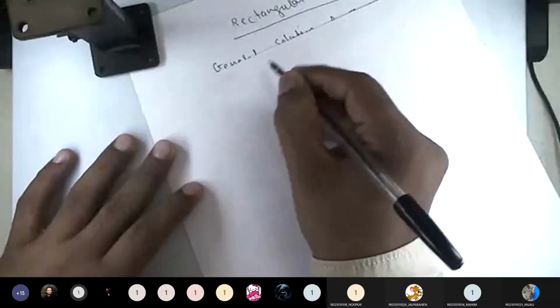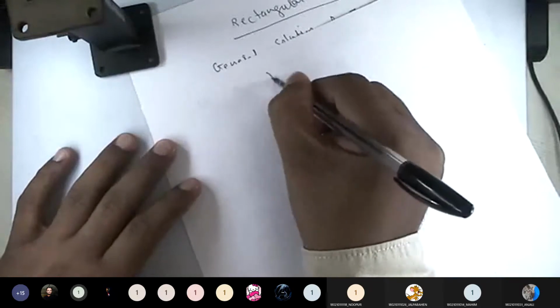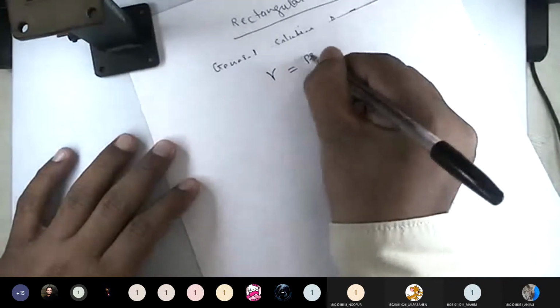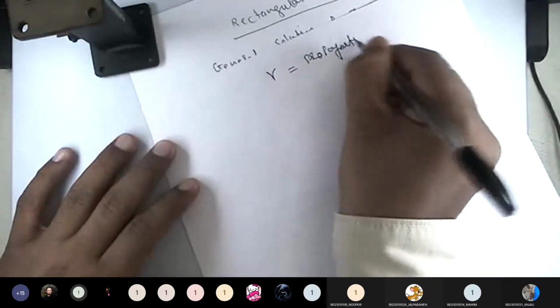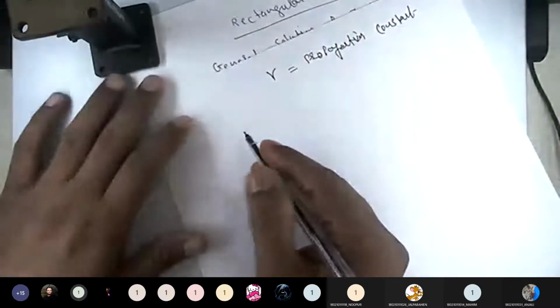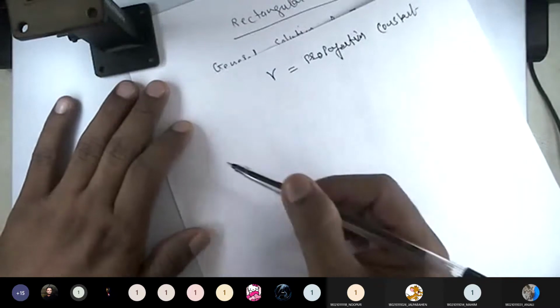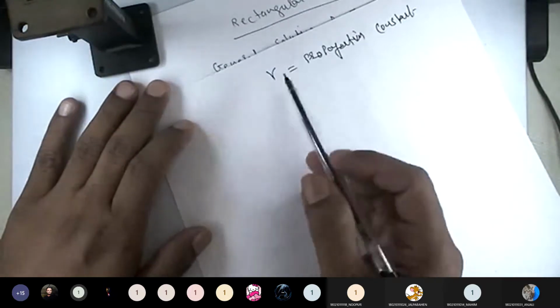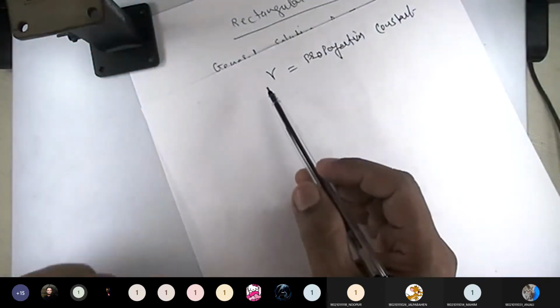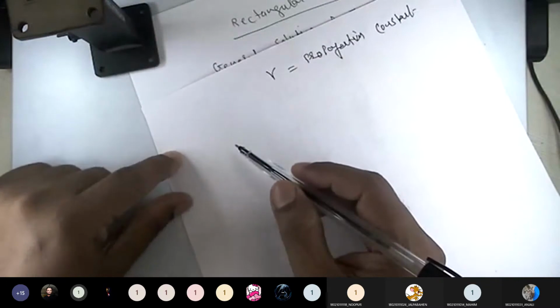The argument is this way: in our regular uniform plane wave case, all of you have seen that there is only one simple gamma, and that is our propagation constant. But here, what we have conventionally defined is that the propagation of the wave in the guide is assumed to be in the positive direction.